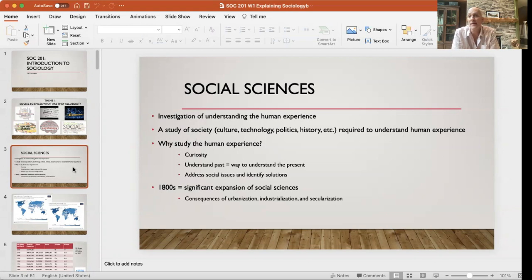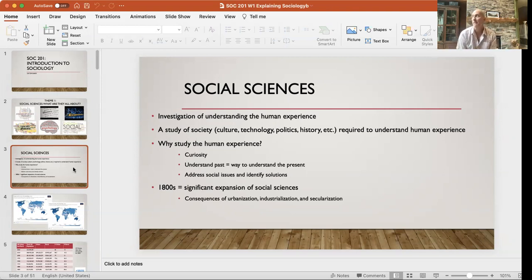So then why do we study the human experience? What's the value in that? Part of it is just intellectual or personal curiosity. Humans are curious creatures and we want to know, so it's just exploring to understand. Part of that is a byproduct of the Enlightenment, or the age of reason, the development of science and the scientific model. Another reason to study the human experience is that if we understand the past, we can better understand the